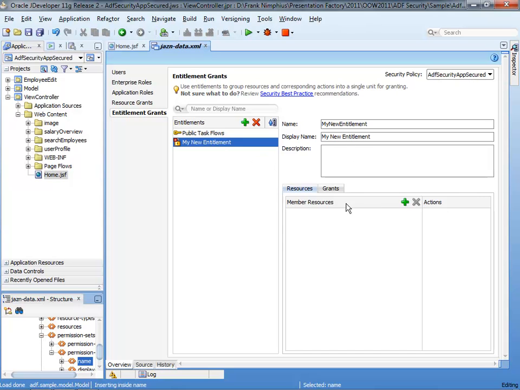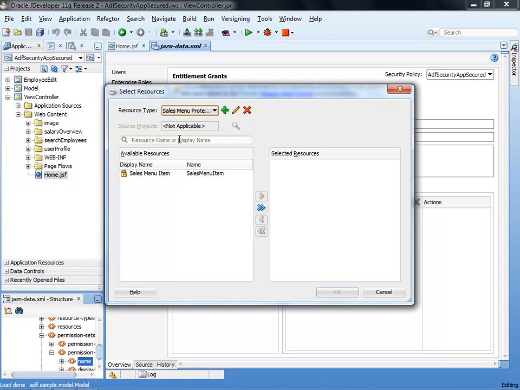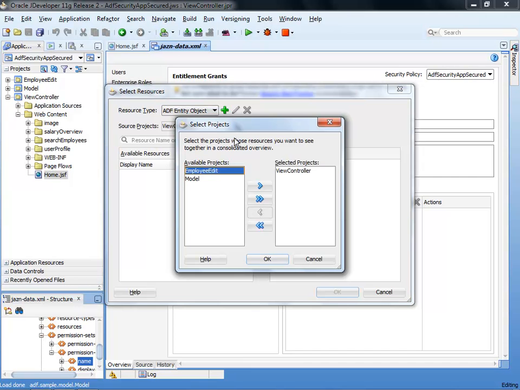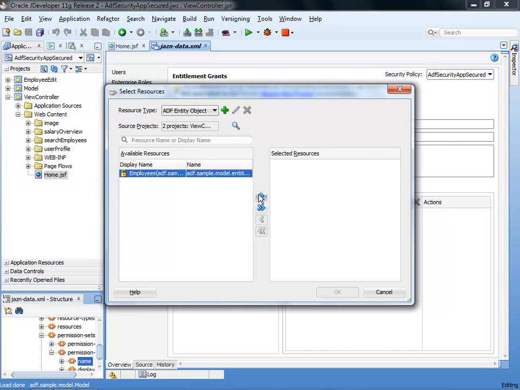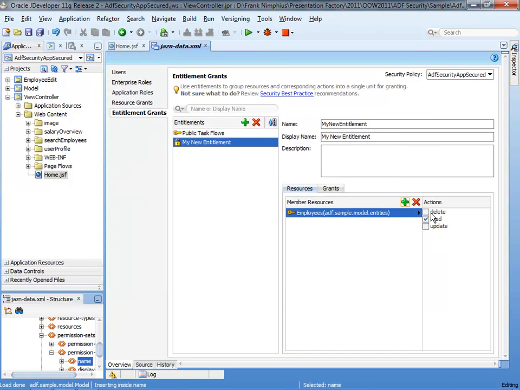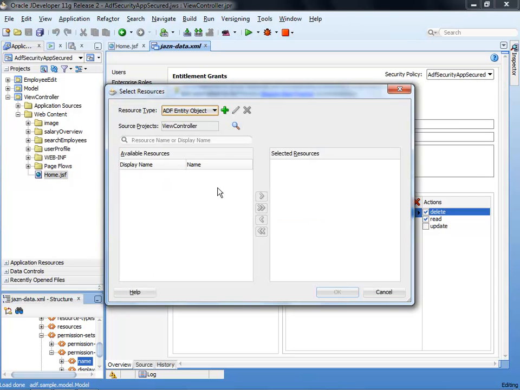And then I can add resources to this entitlement. So maybe I want to have entity resources. I could say, okay, everyone should be allowed to access the employee's entity, and everyone should be allowed to delete, maybe. Or I can just say, okay, add to the same grant